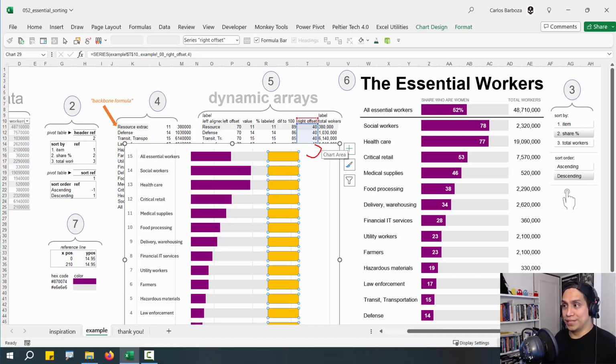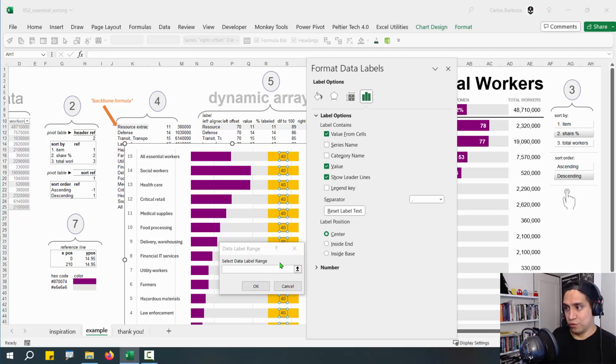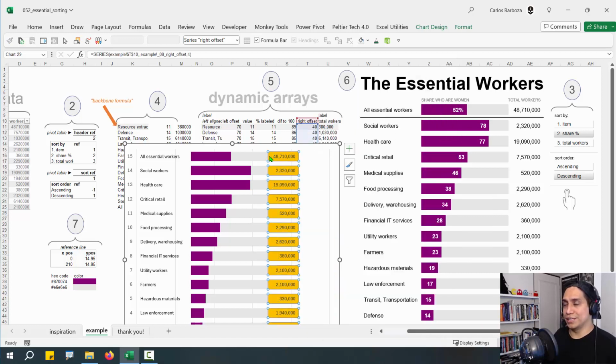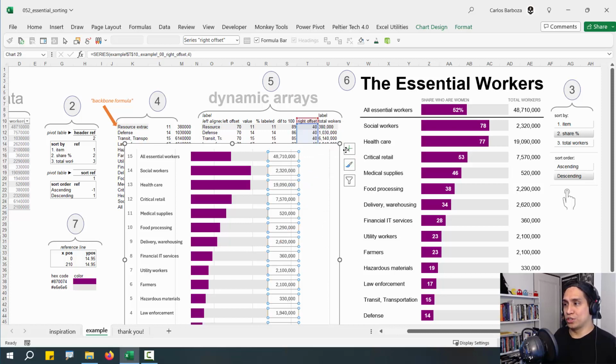And then click on this stack bar chart right here, which is, again, as you can see, coming from this offset, right offset, in order to have that space, and place the labels. Right click, add labels, click on the labels, Control 1, value from cell, F3, and we want workers labels. Click OK, and then take out value, and then inside end to be all right aligned. Click on the stacks now, right click, fill, no fill. And this is pretty much how you get this